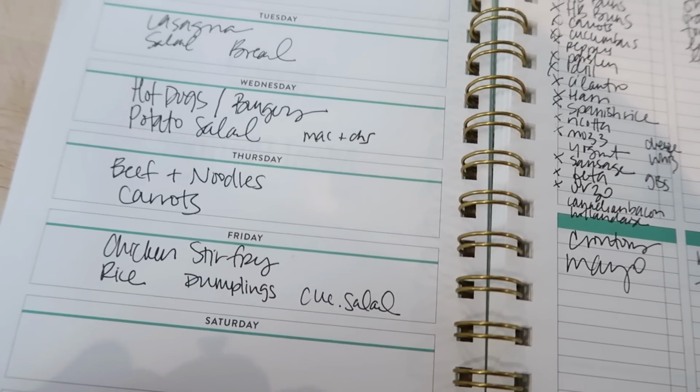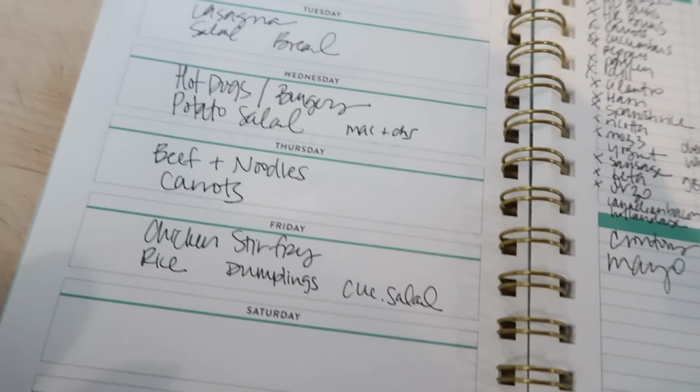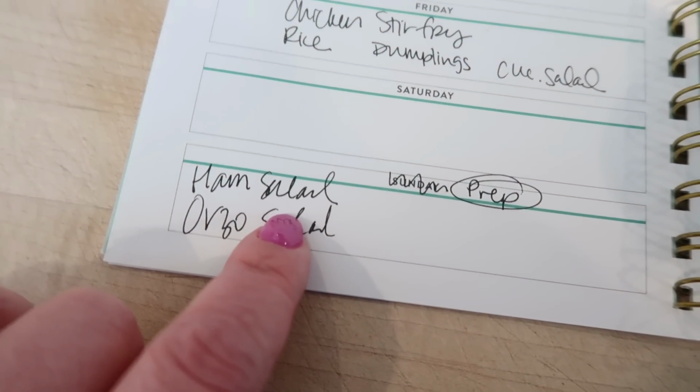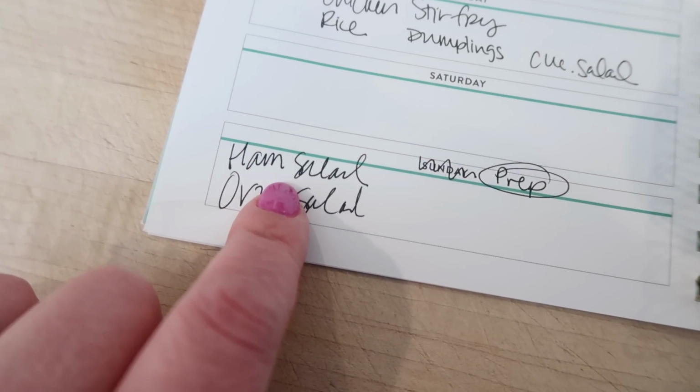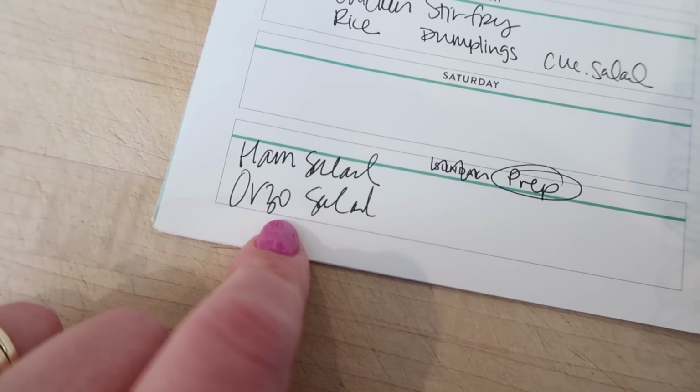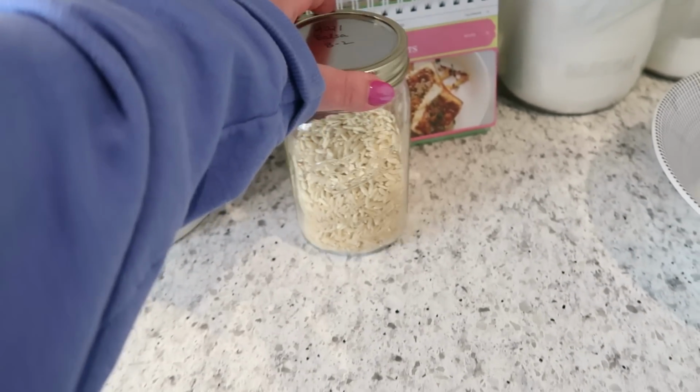There's an Asian cucumber salad that I like to make with green onions, sesame oil, soy sauce. It's really good. And then what I'm thinking too is I'll prep some ham salad. I don't know if I'm gonna have time to do it today. We'll see. I'll probably make some ham salad this week and then some orzo salad because I have this big,